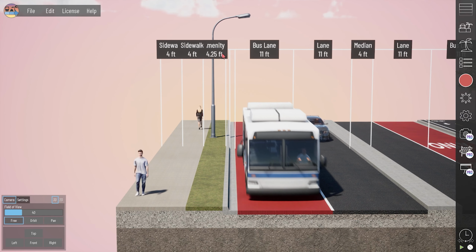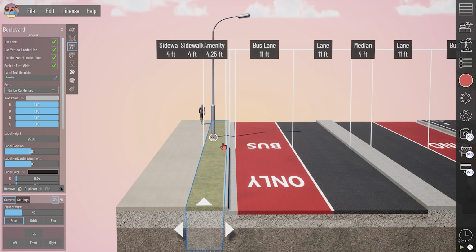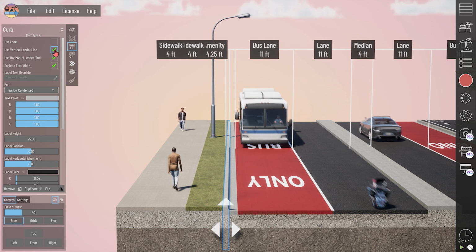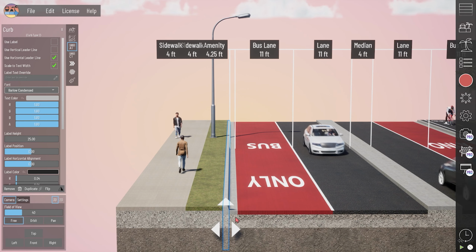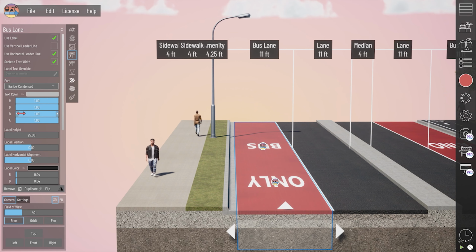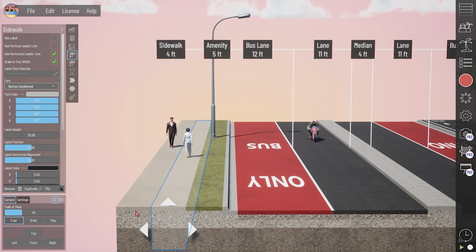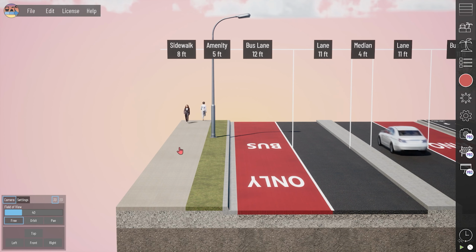So when I start doing that, I need to turn off vertical leader lines of both sides of that division because each section label has a left and right edge. So I need to turn off the leader lines for this grass section to get rid of the right edge. And I need to turn off the vertical leader lines of the curb to get rid of that left side. So when I start turning these off, I'm getting rid of all my vertical leader lines. So first I'm going to make the adjustments to those labels. There we go. So now I've overridden those labels, but now I need to insert vertical leader lines